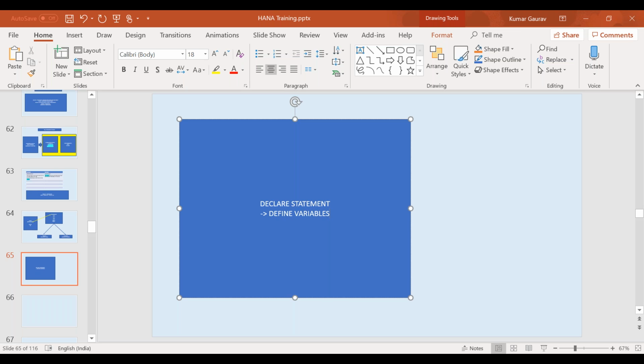So whenever we do any kind of programming, be it VB, C, C++, or any programming language in the world, you have some variables. The variables are kind of placeholders which hold some value at runtime or before the runtime, which can help you in deriving the right logic. Right. So here also we use this declare statement to declare variables inside SQL HANA.